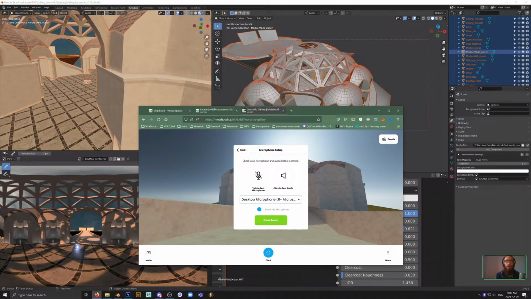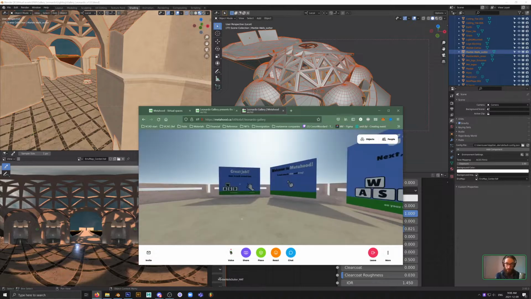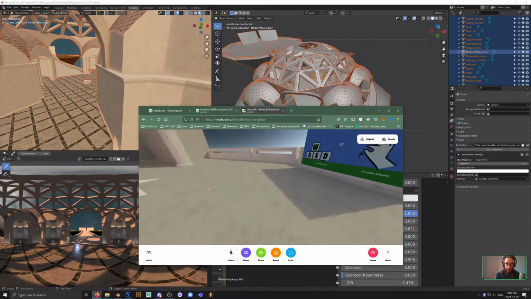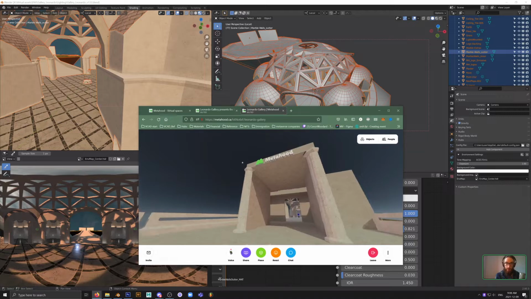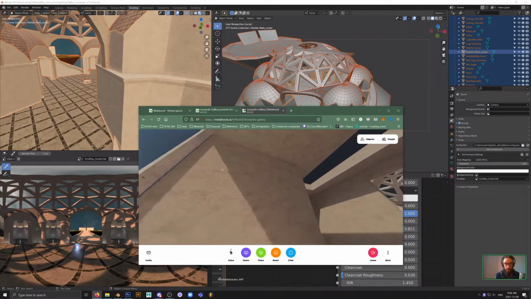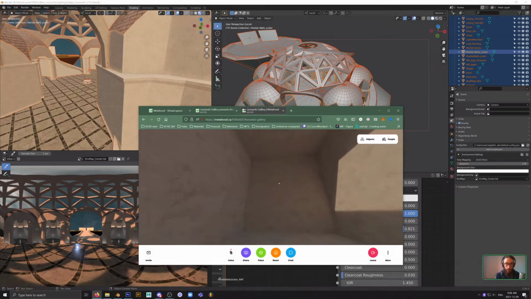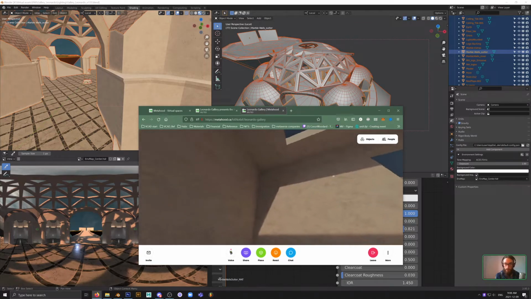So light baking is actually just taking the path tracing, the ray tracing lights like area lights and all the bounce light and all that stuff, and just baking it onto a texture and then applying that into the texture. It's actually a separate texture in this case. So you have this tileable plaster material, and it's just tiling a whole bunch of times. And then you have this other